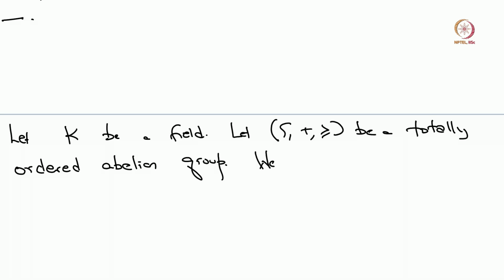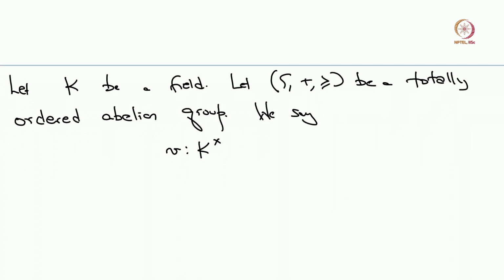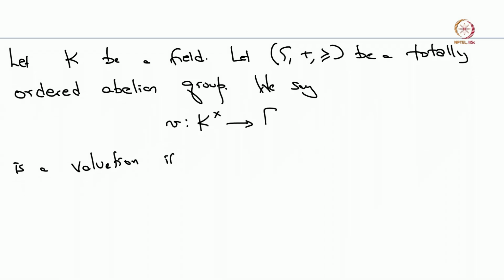So we will call a function from k star, so it's all the elements of k that's not 0, so it's k minus 0, to gamma, we'll call it a valuation, if for all elements alpha and beta in k star,